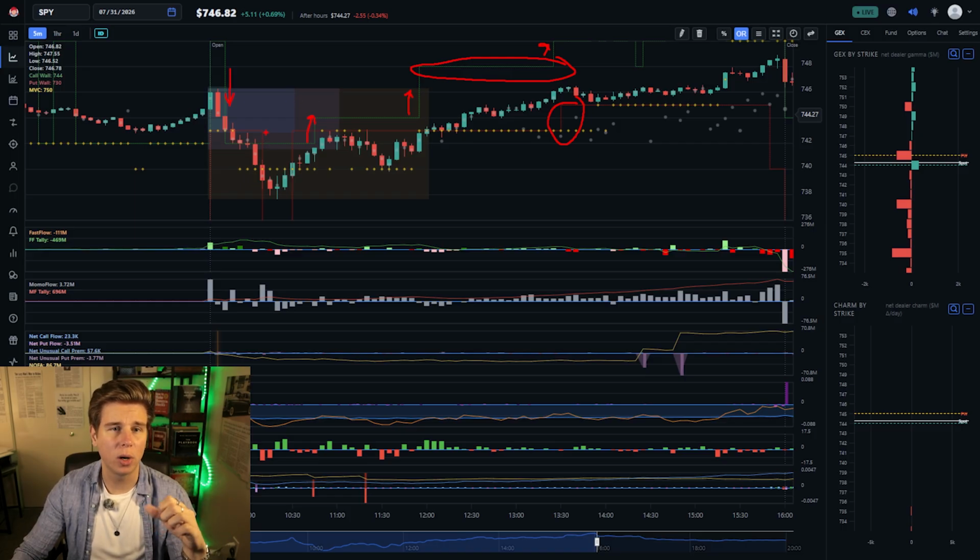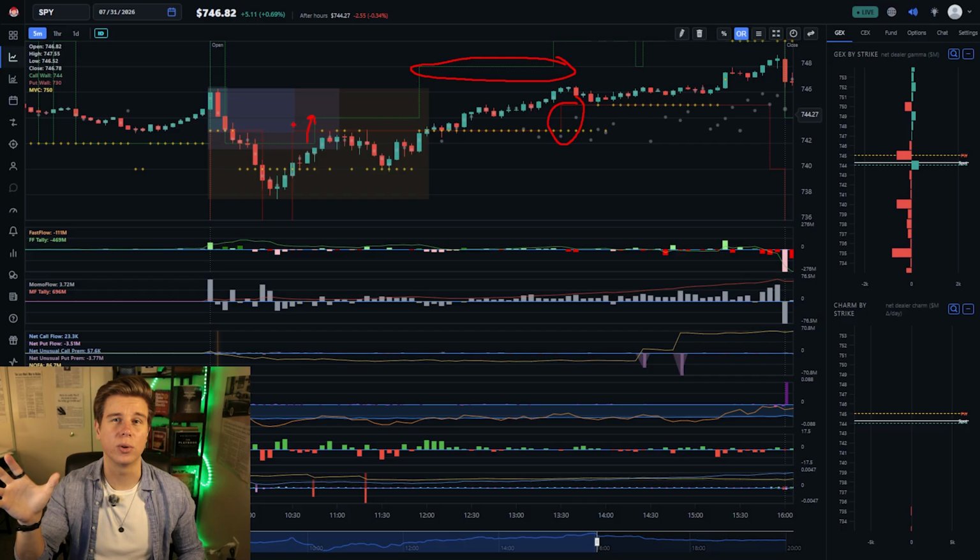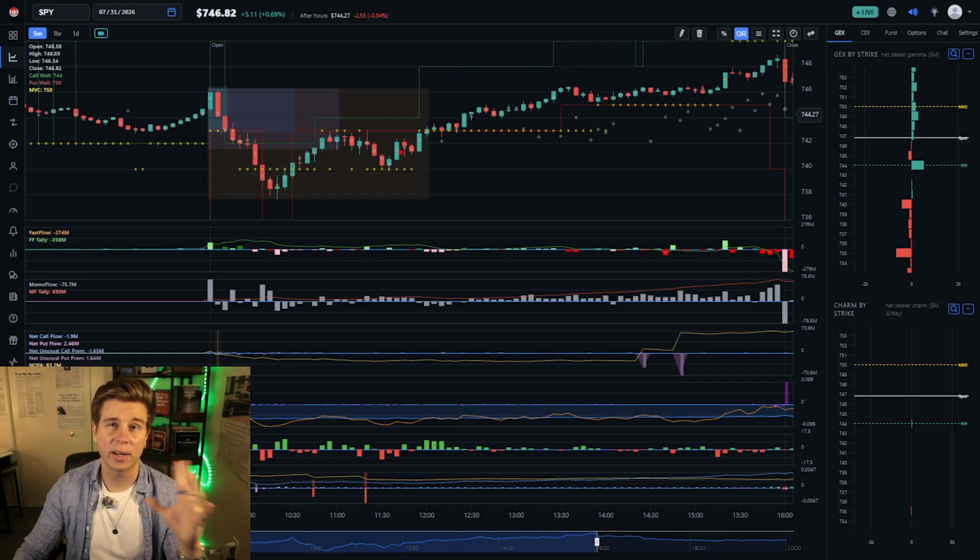And then if the put wall moves down, that is generally bullish. And if the put wall moves up, that is generally bearish. And if we are ever in a situation like right here where they are crossed, basically no signal, you can ignore these completely. Now, it's not always as clear cut as this, and once again, use multiple confluences,